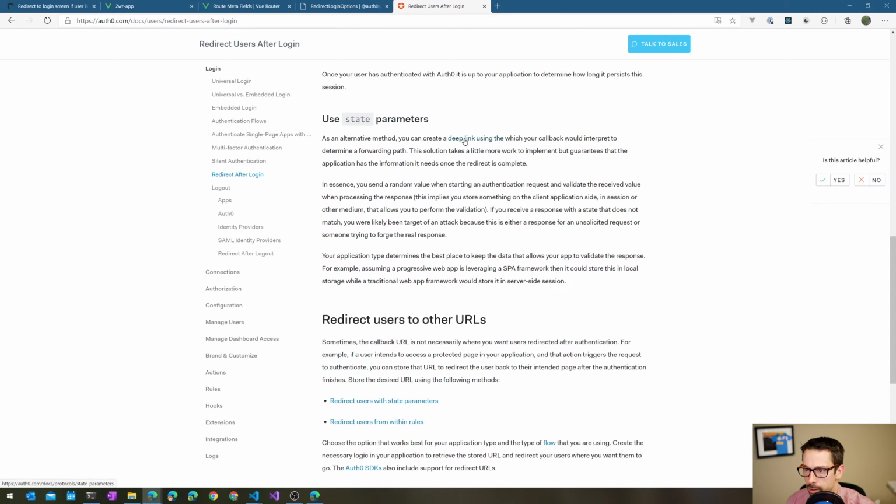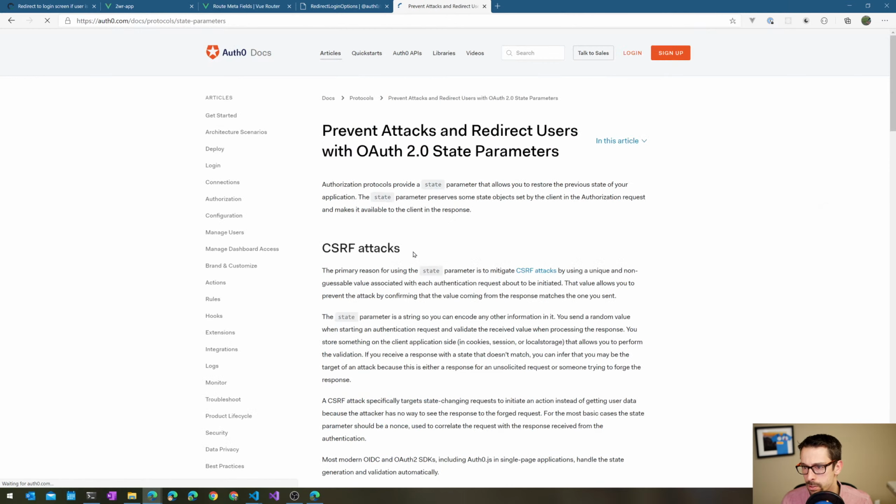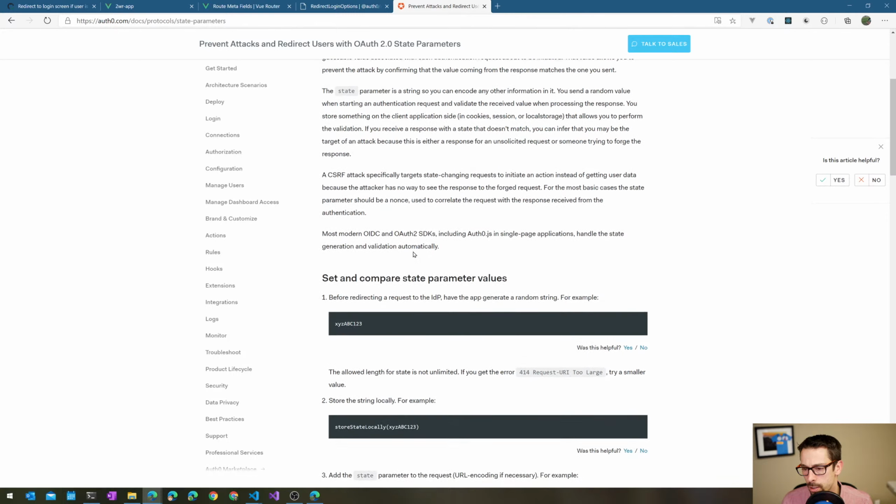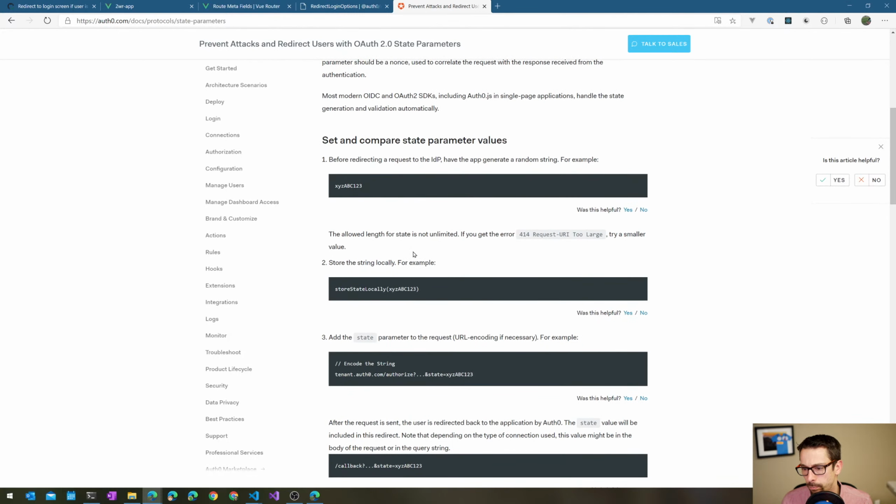What else do we got here? Okay, you can create a deep link using, I think that's what we want, using your callback. Create a deep link using the which your, that's some weird language. Your callback would determine a forwarding path. Yeah, this sounds like the one that we want to use. Okay, so